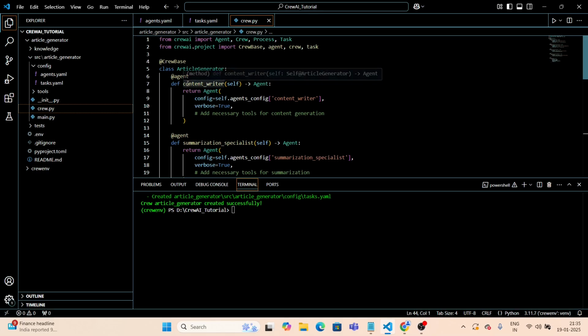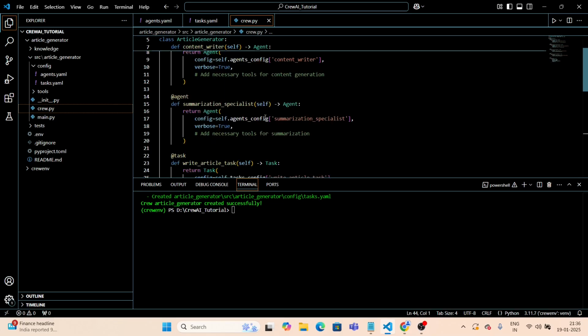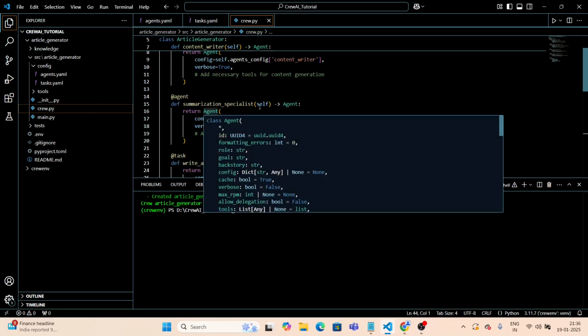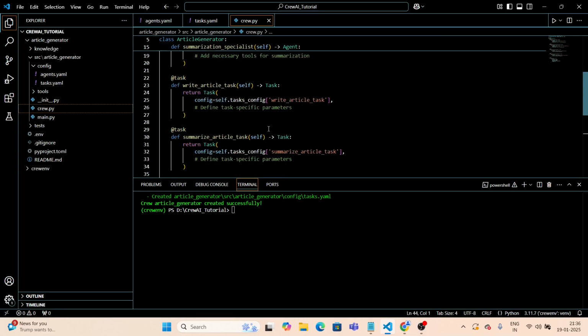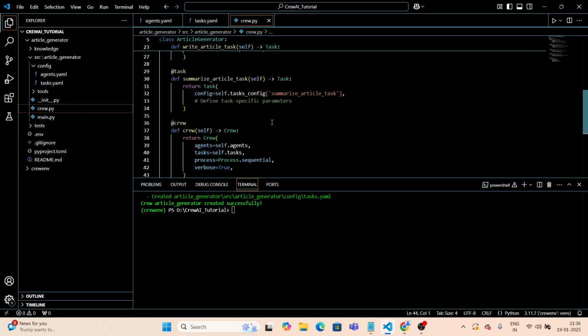This is the first agent, content writer agent, and then we are returning this agent object. Similarly, we are defining the second agent, summarization specialist, and then we have the tasks mentioned. The @task decorator basically declares this as a task in the script. Here we have the first task, write article task, the second task, which is summarize article task, and then we have